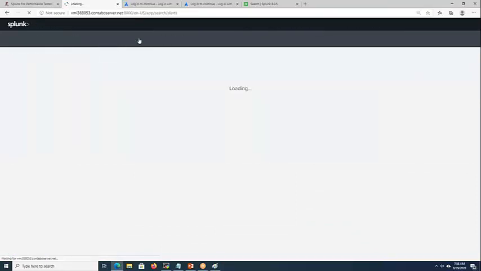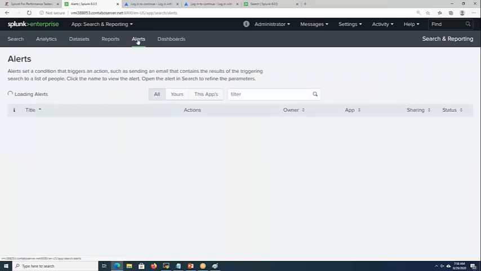An alert is something like, in production you will have an SLA, like within 5 minutes I should not encounter more than 60 errors. I can create an alert such that if I get more than 50 errors, I will get a mail. And we'll be discussing reports.